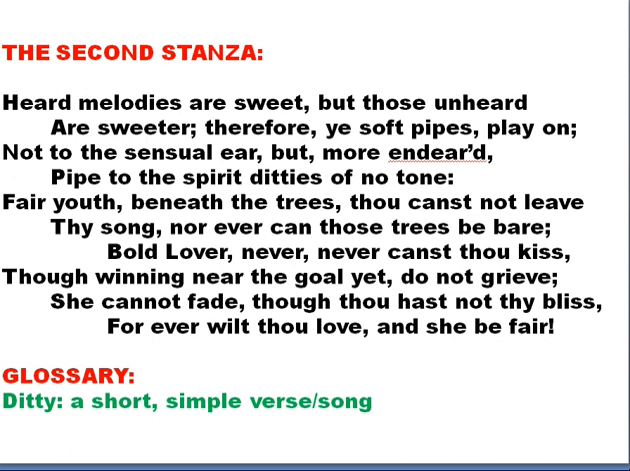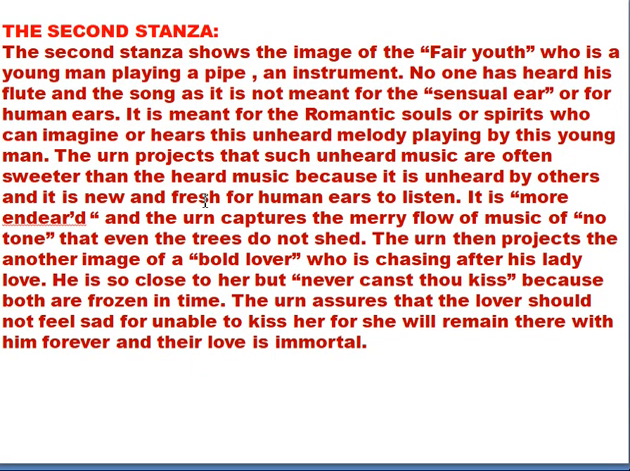Now coming to the paraphrase of this stanza, it will read like this: the second stanza shows the image of the fair youth, who is a young man playing a pipe, an instrument. The poet has given a reference to this even in the first stanza. No one has heard his flute and the song, as it is not meant for the sensual ear or for human ears. It is meant for the romantic souls or spirits who can imagine or hear this unheard melody